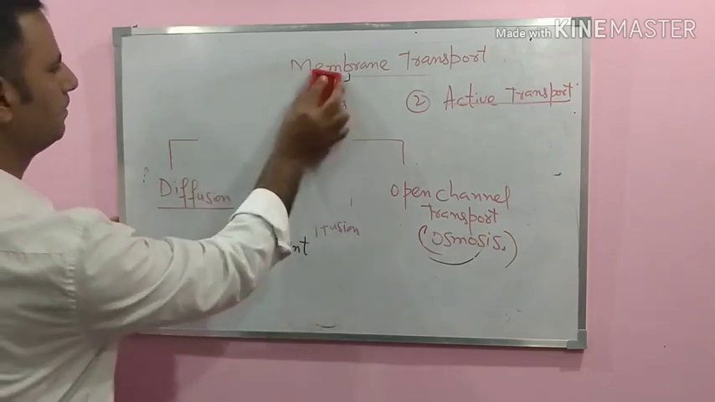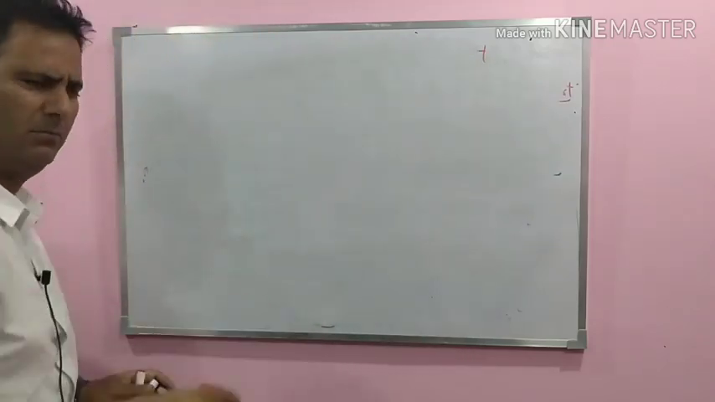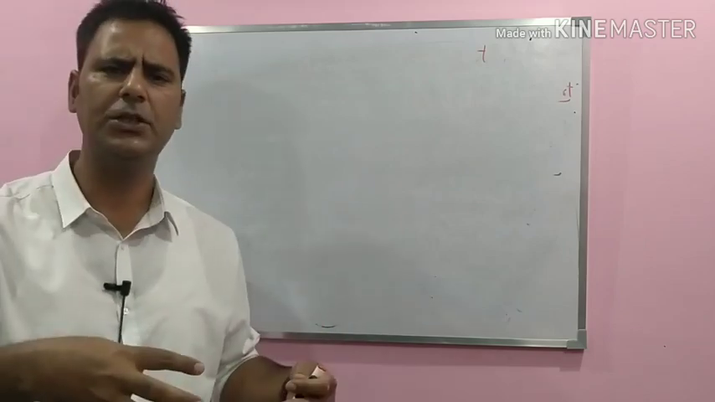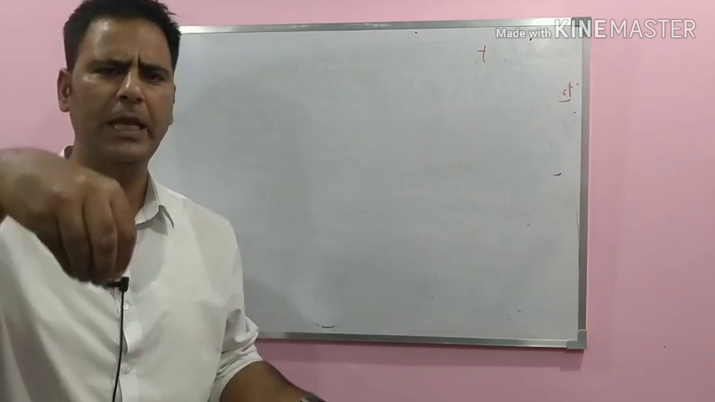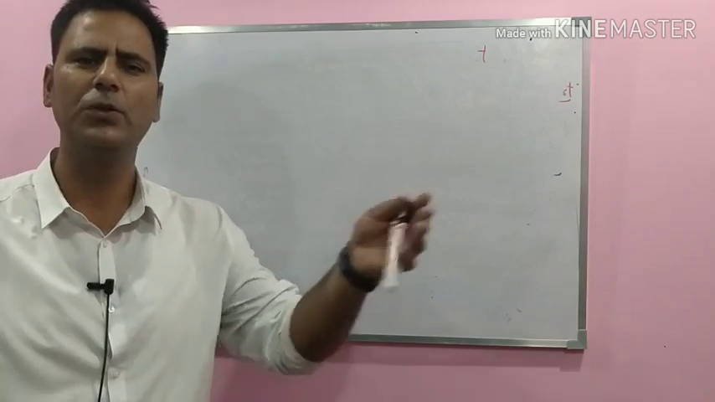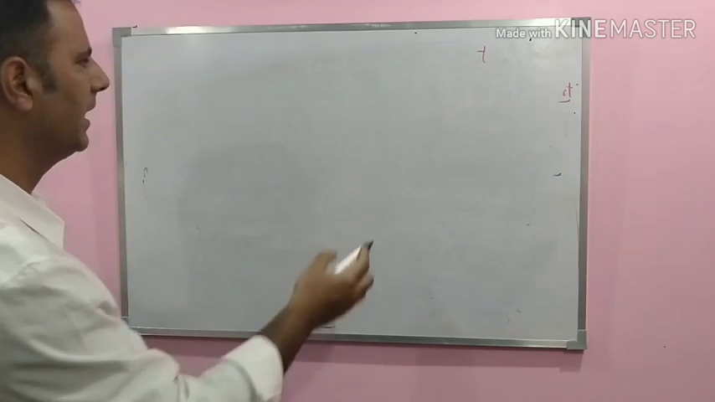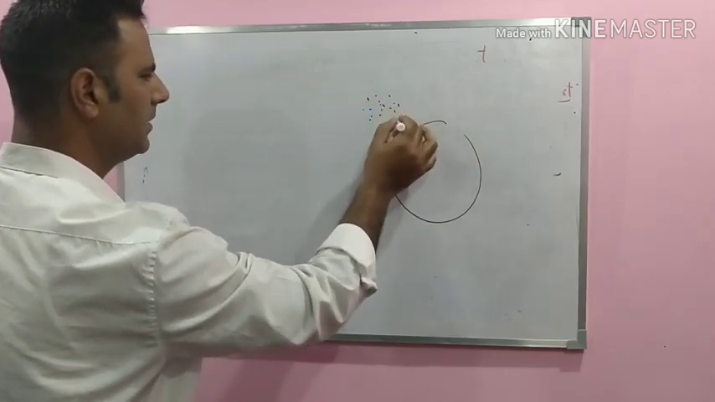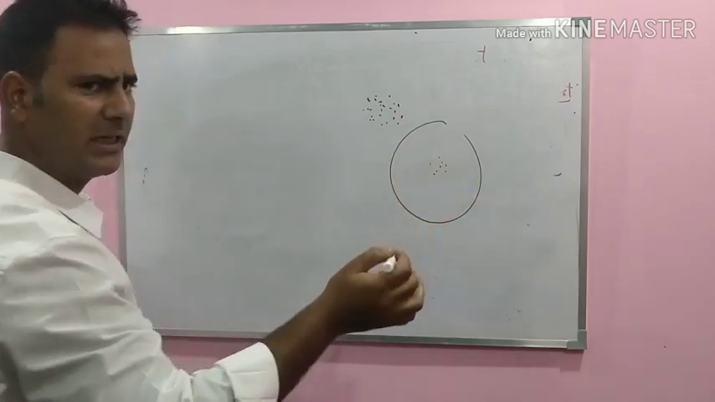Let us discuss diffusion. Whenever we define diffusion, we say it is the movement of substances from an area of higher concentration to the area of lower concentration. For example, if we put one sugar cube in water, the sugar will move from an area of higher concentration to the area of lower concentration until the concentration becomes equal. For example, if this substance present here is at higher concentration, and here it is at lower concentration,